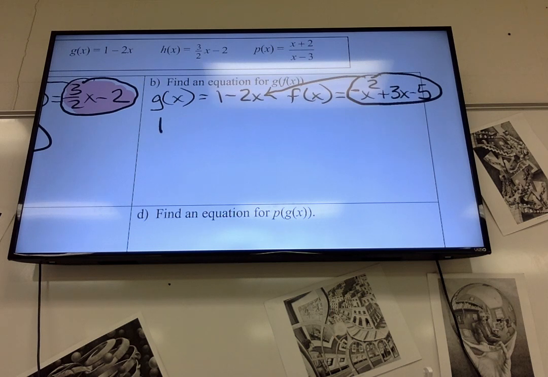So it's 1 minus 2 times, so in place of this x, I'm going to put this. So that's negative x squared plus 3x minus 5. That helped, Kendrick, so far. Then we distribute the negative 2. And you get 1